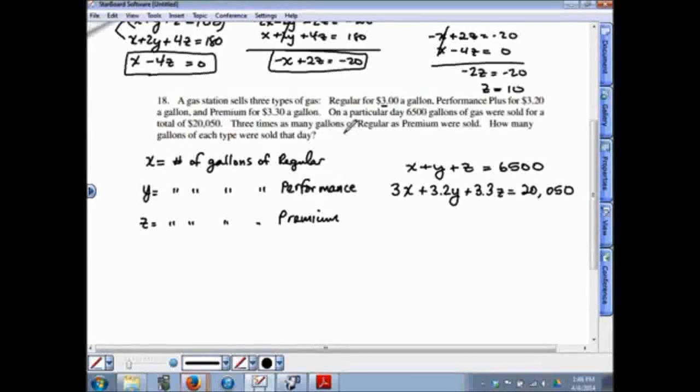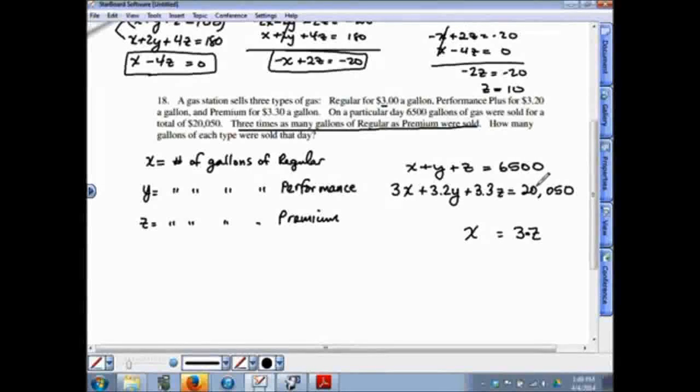We have another one of these tricky phrases at the end here. 3 times as many gallons of regular as premium were sold. You don't want to read this literally and make a literal equation out of it. The number of gallons of regular is already 3 times greater than the number of gallons of premium. So in order to put an equal sign between x and z, they're not equal to each other. X is already 3 times larger than z. So in order for these to equal each other, you have to multiply z by 3 in order to make it equal x. So x is equal to 3z. So those are the 3